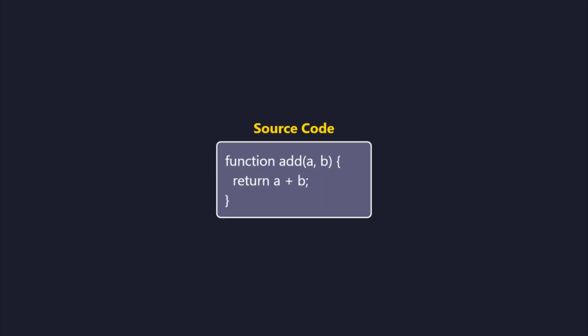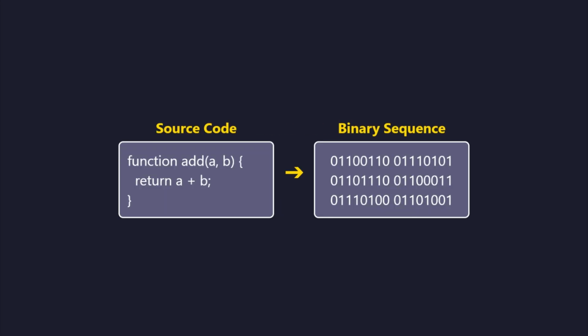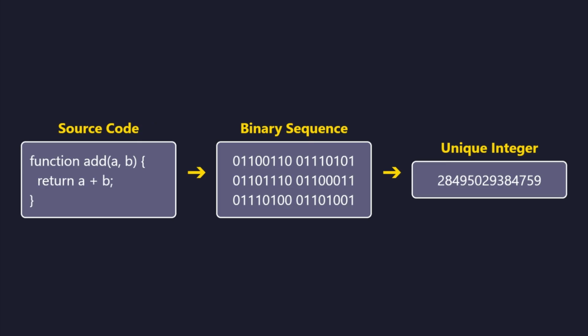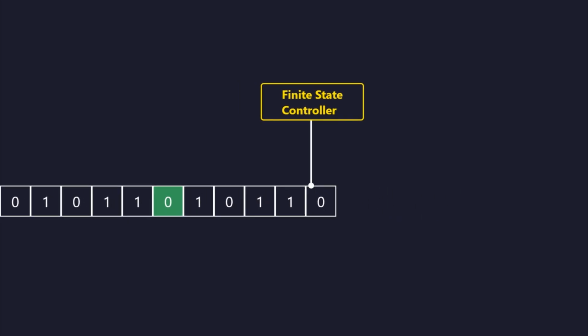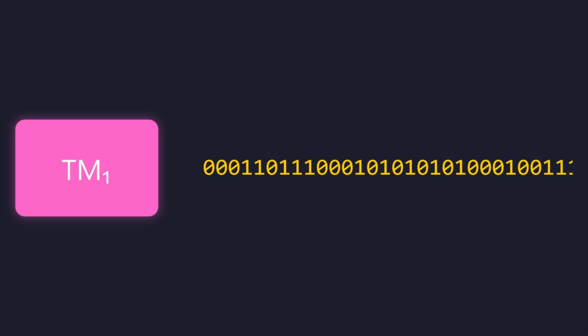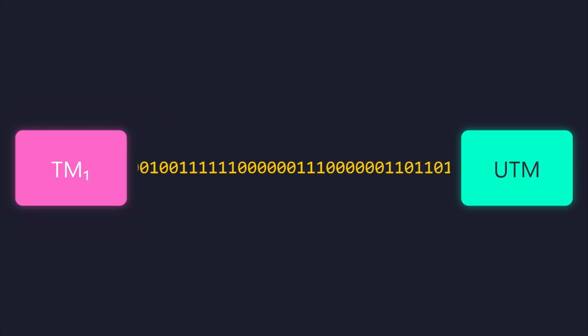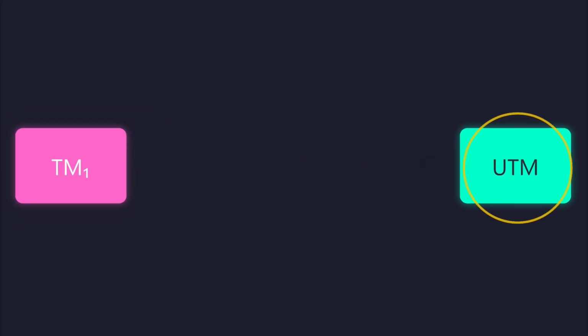To prove this, we first establish that all programs can be represented as discrete data strings or unique binary integers. A Turing machine consists of a finite state controller and an infinite tape divided into cells for reading and writing symbols. Every Turing machine can be encoded into a binary description, allowing one machine to process the logic of another